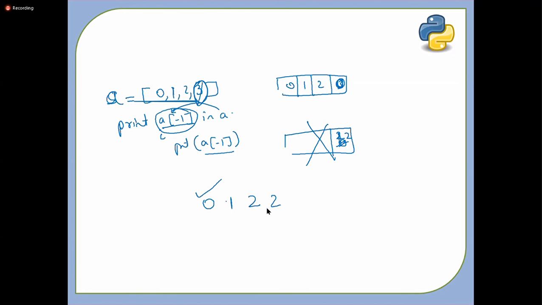So it prints 0. Then it is replaced by 1. It will print 1. Then it is replaced by 2. It will print 2. Then there is 2 in the last element, so it will be replaced by 2 only. So 2 will be printed now. Traceable, you will get it, because 3 is replaced by every element. First time 0, second time 1, third time 2. So last time also 2, because there is no 3 available. So that's why the answer is 0, 1, 2, 2.